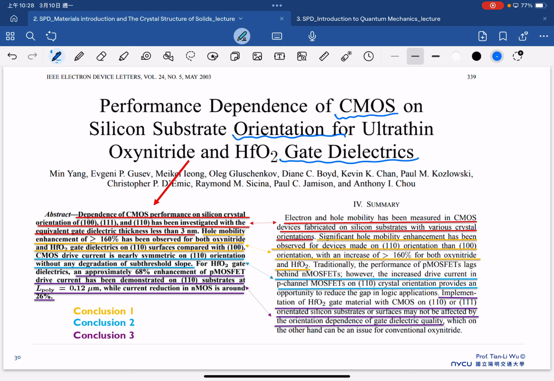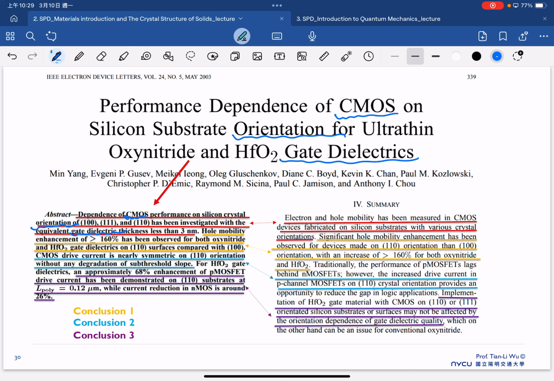The first sentence of the abstract is just a rephrase of our title. You can see in the abstract here, the first sentence: dependence of CMOS performance on silicon crystal orientation has been investigated with equivalent gate dielectric thinner than 3 nanometers. This sentence is exactly the same as the title, just rephrased. It says there's a substrate orientation that we consider, 100, 111, and 110, and a specific dielectric which is less than 3 nanometers. But if you look at the key terms, they are the same: CMOS, orientation, gate dielectric. So usually the first sentence of the abstract should be a rephrase of the title,